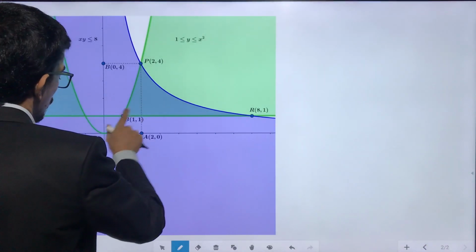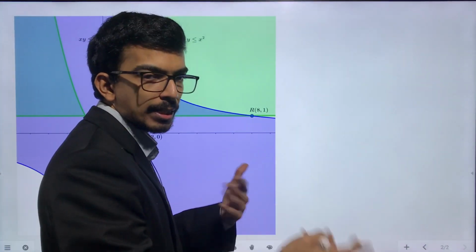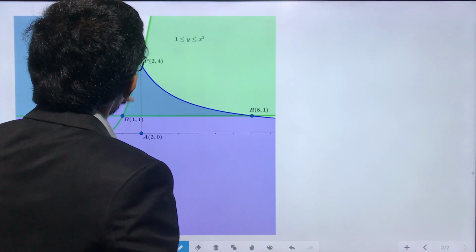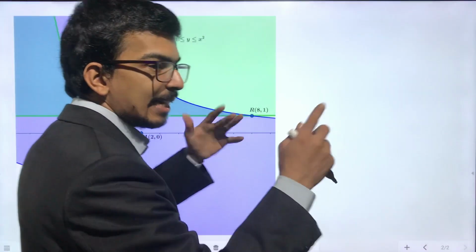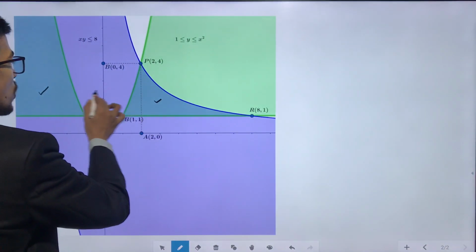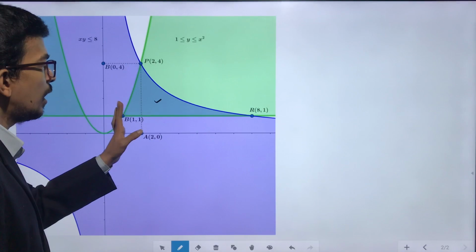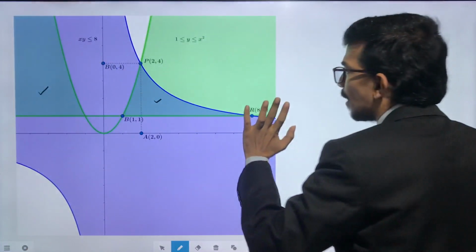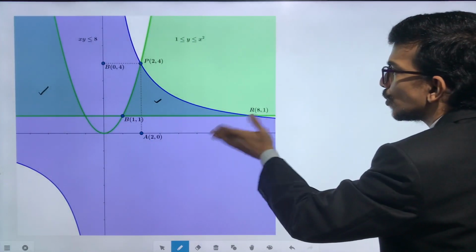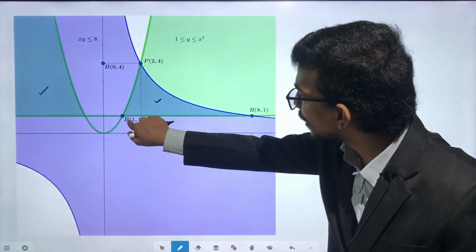You can see that there are two regions. The first region is the region between two branches of the rectangular hyperbola. The other region is the region between y is equal to 1 and y is equal to x square. The intersection is going to give you two parts, this part and this part, and we have seen that this part is the bounded one, that is the unbounded one, and we are planning to evaluate only this part, right? Now the integration part is very simple. You can either integrate along x-axis or along y-axis. Let's try to do both ways. Let's try to integrate along x-axis.